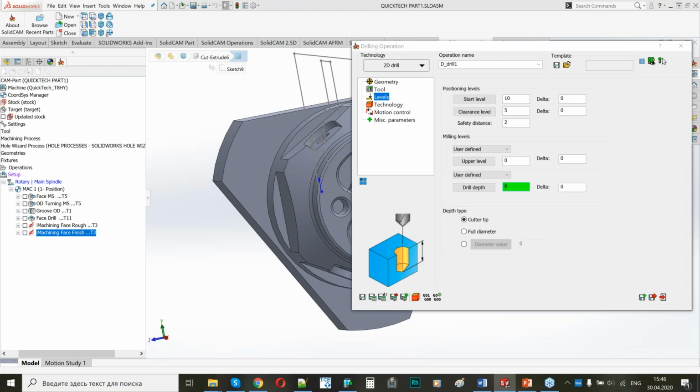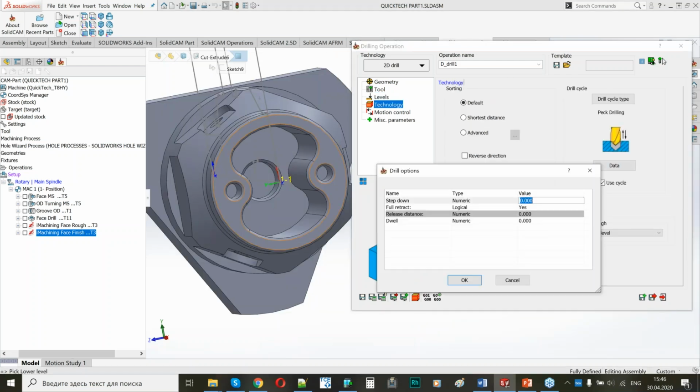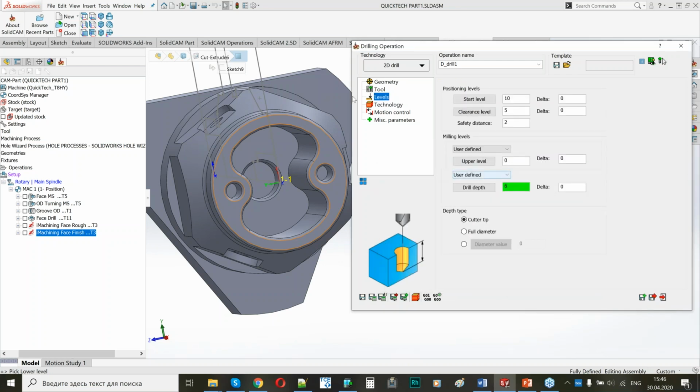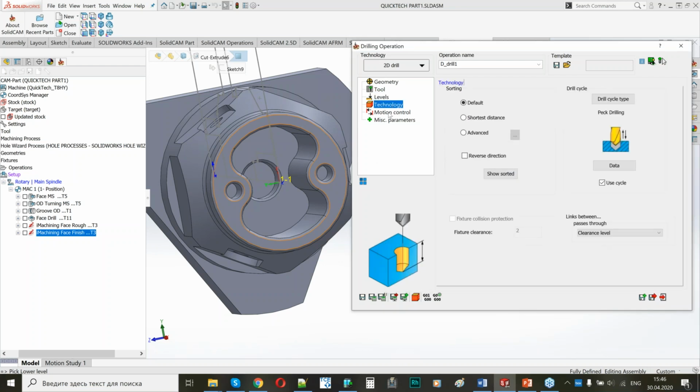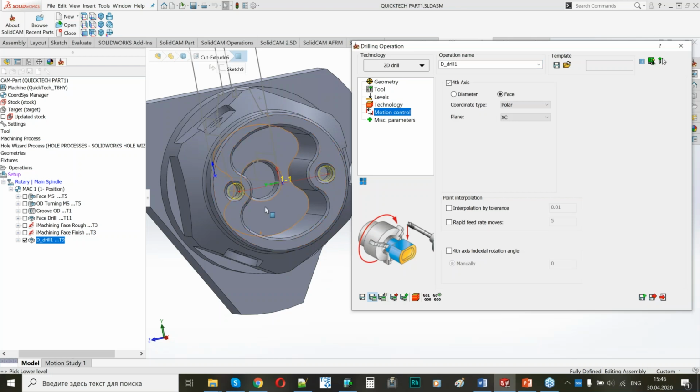Okay, just clicking on the model and getting the result. Also, I can apply some step here. This is for the G83 cycle, 2 or 3 maybe, it depends on the tool. I will have 2 steps. And I can also apply a polar type of the coordinates to rotate the part and to change the Z-axis, to not move my turret in the Y direction. And here is my drilling